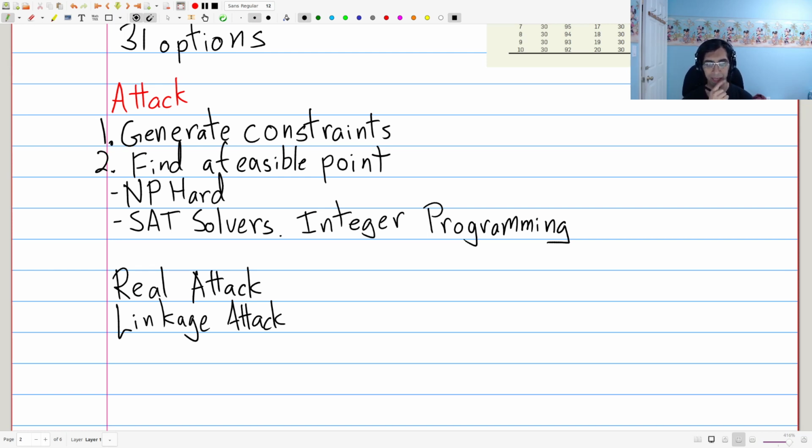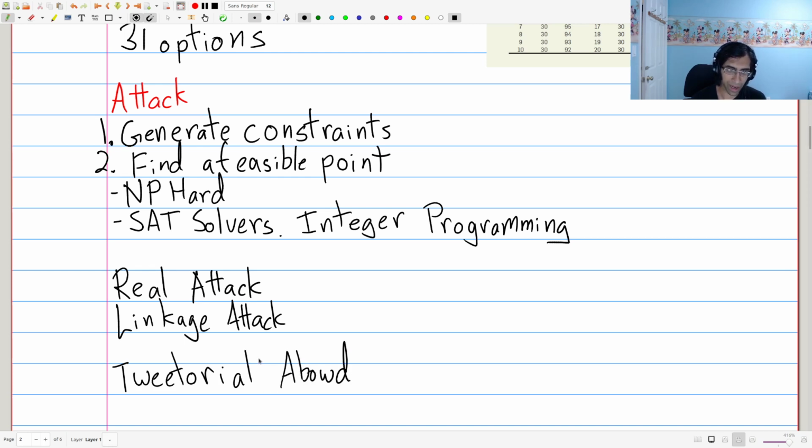So this was a huge attack and far more effective than previously done. Previously, the U.S. Census had tried to attack their own data just to see how private it is, and they weren't able to. But using this method, they were actually able to do it. There's a tutorial by John Abowd, which I link on the website. It describes their process and gives some more quantitative numbers about how well they were able to attack it. So this has raised some red flags because, like I mentioned, the U.S. Census